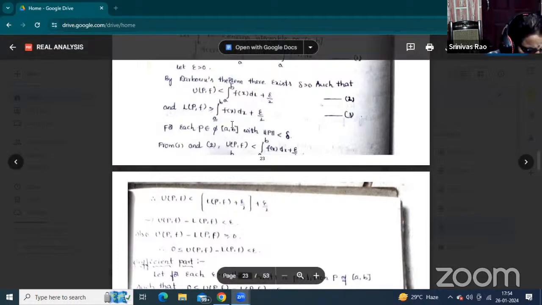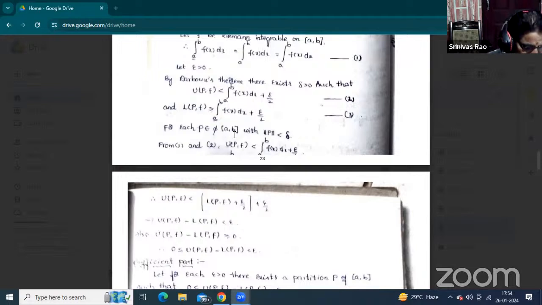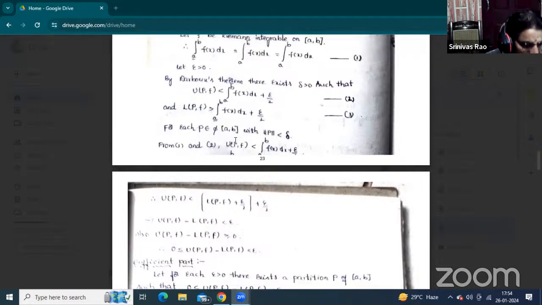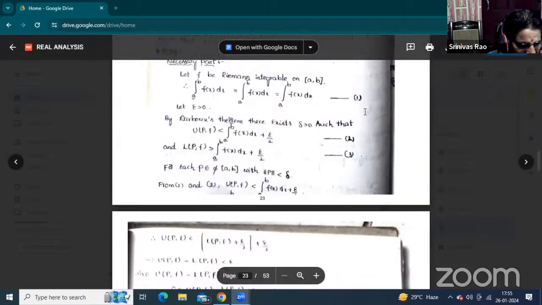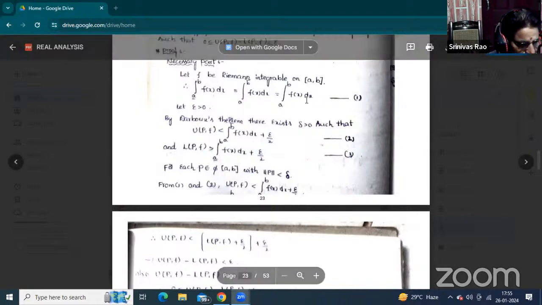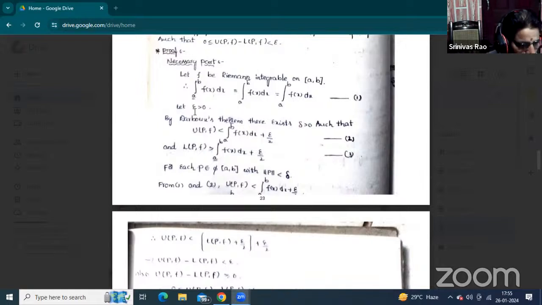Now, this is the partition set denoted by pi of closed interval AB. So, according to the partition set, we are taking only one partition, capital P. P being any one of the partitions from the partition set, with norm of P less than delta. Now comparing the first and second equation, substituting the upper Riemann integral equal to the Riemann integral, that is integral from a to b of f of x dx. So that's why upper Riemann sum is less than integral from a to b of f of x dx plus epsilon by 2.